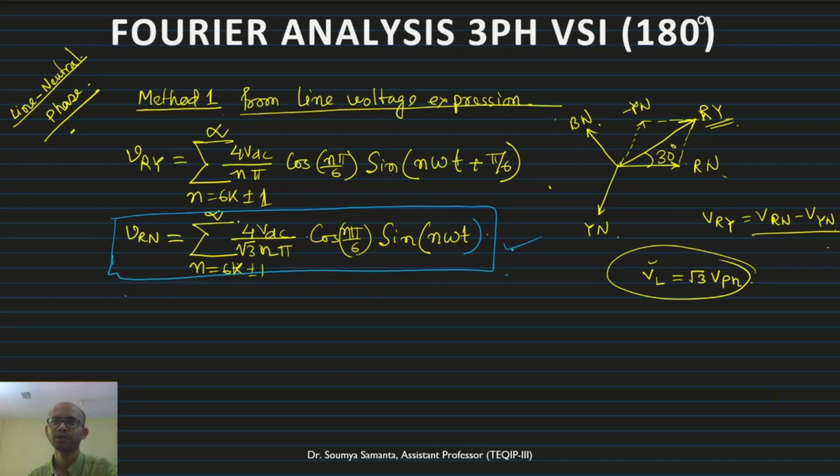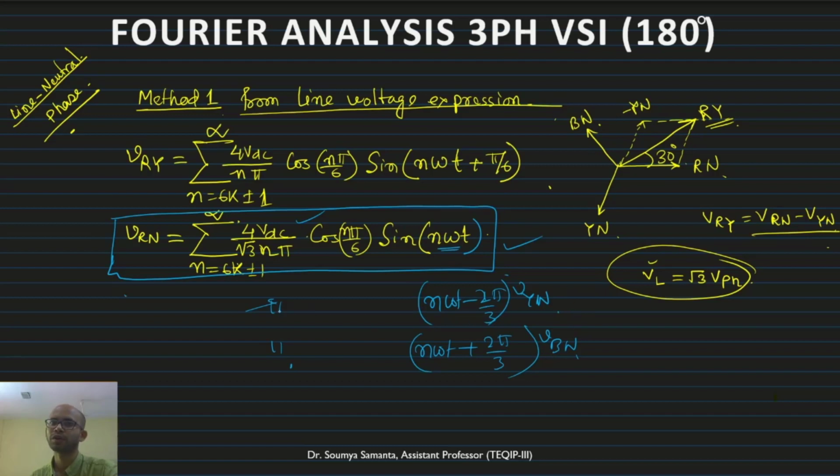This is the phase voltage. Similarly, we can find out the same magnitude will be the same. The only thing is that it is minus 2 pi by 3 and plus 2 pi by 3. This part only has n omega t, and this is also n omega t. Only this will be the change. This is your Rn, this will be for Yn, and this will be for Bn. Obviously Vyn, Vbn. The rest of the part is exactly the same as this part.